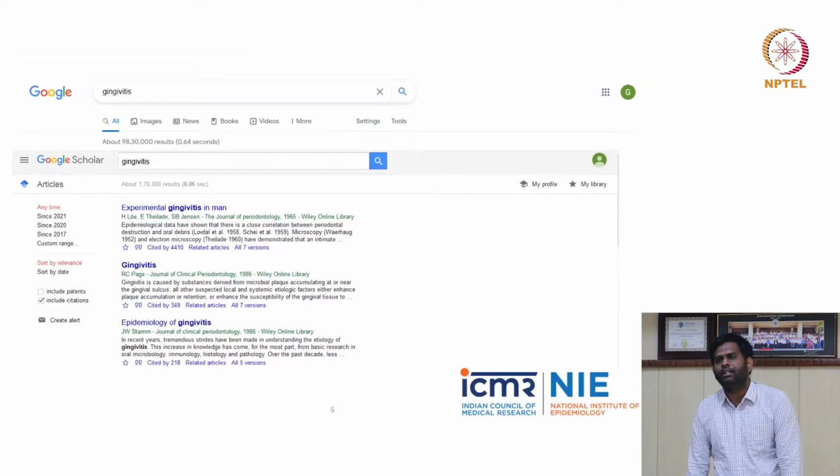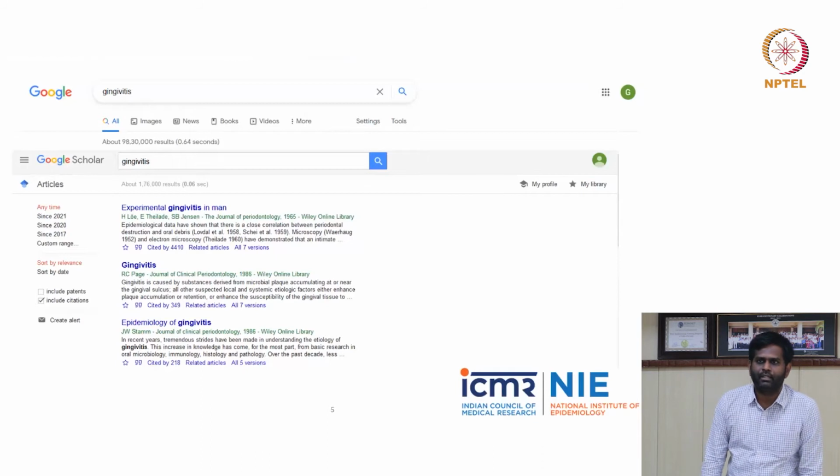So the search engines can be either a generic form like Google, Bing, etc. Or it could be a specified search engine which searches only the specified content within a particular database or a website. So Google Scholar filters out information and gives us only scholarly literature which is available. And these results from Google Scholar are usually results from the scientific research and from the websites of academic publications. Whereas Google searches the entire web and gives us a load of information from sources throughout the web.